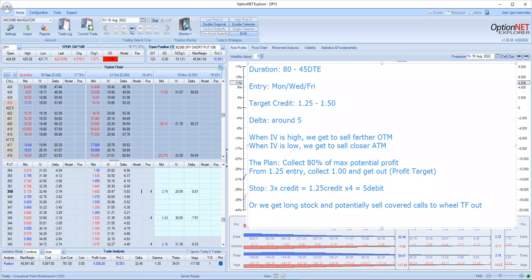Right. And so the expected return is pretty good. In dollars, it's not a lot, but if you think about it,